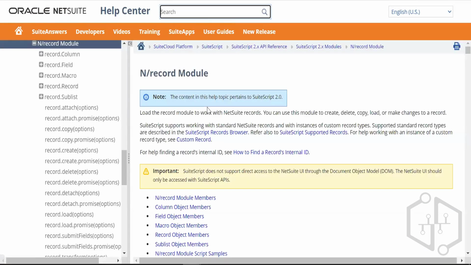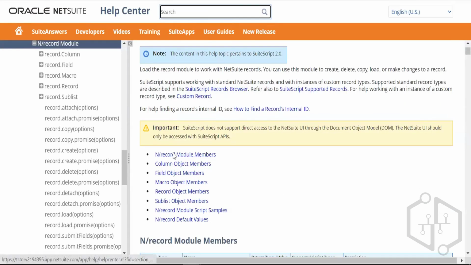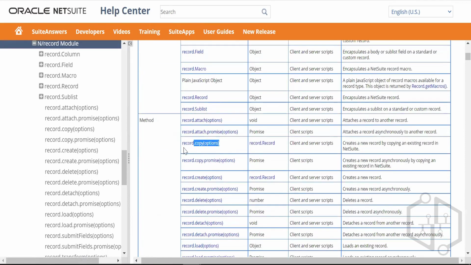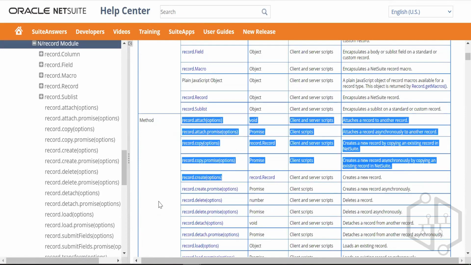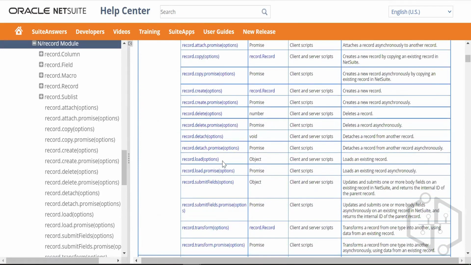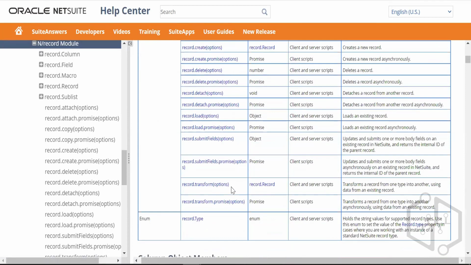So let's say the N/record module API. Then you have the N/record module members. See, these are all the objects, and methods are nothing but APIs. So you have record.attach, record.copy, record.create, record.delete, record.detach, record.load, record.submitFields,